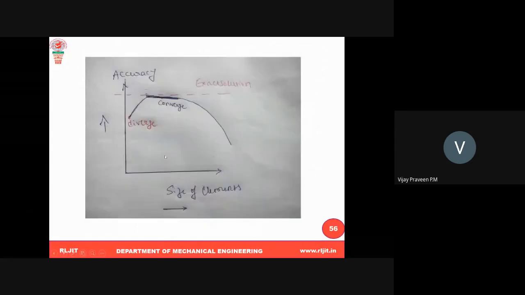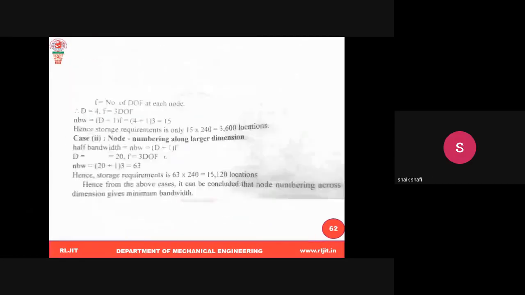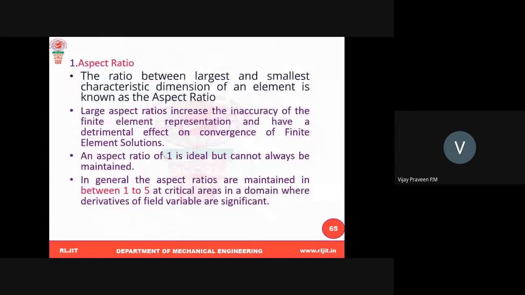That is what he mentioned here. Another characteristic related to the size of the elements which affects the finite element solution is the aspect ratio of the element. Aspect ratio describes the shape of the element in the assemblage. For a two-dimensional element, aspect ratio is taken as the ratio of the largest dimension to the smallest dimension. Elements with an aspect ratio of nearly unity give the ideal condition, but it cannot always be achieved.